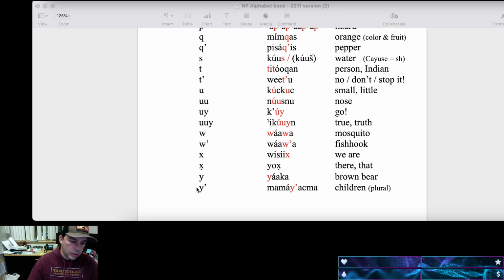The rest of these are just like English, except for the X is different than the H. So you have a H, like hot swal, and then you have the regular X, and then you have the glottalized X. And that's the only one I think that has a dot beneath it.